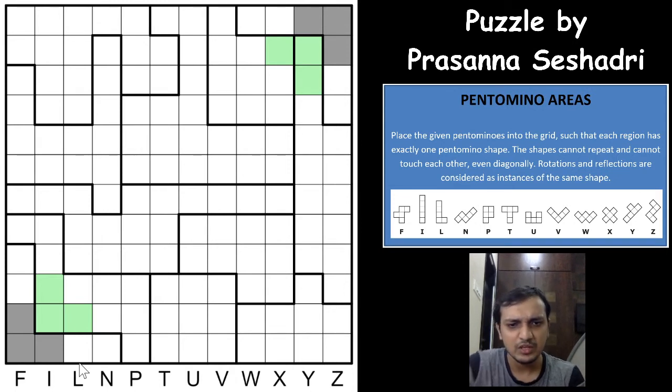So usually in pentomino areas, the things that you have to look out for are the smaller regions first, and in smaller regions you will be able to place a few shaded cells easily. Like that we have done here, and that will help you to start the puzzle. Sometimes some smaller regions will have exactly 2 or 3 shapes possible. So a mixture of those 2 or 3 shapes will surely give you something ahead in the progress of the solve, right?